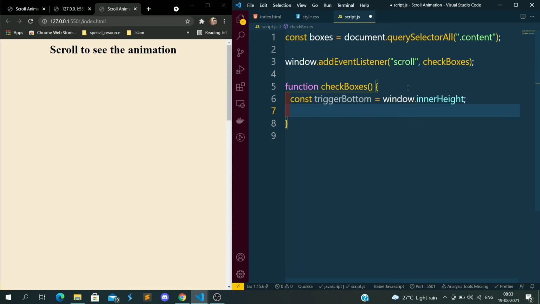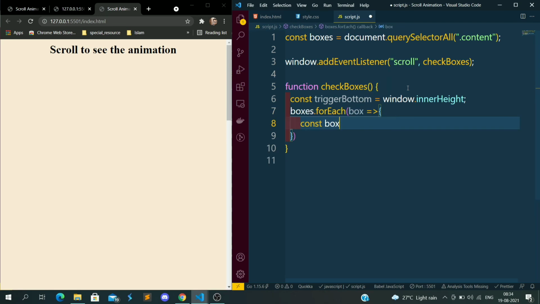Now I will iterate over the boxes, and since boxes is an array, I will apply forEach. Now I will use the arrow function. I will take the bottom height of every card, every box.